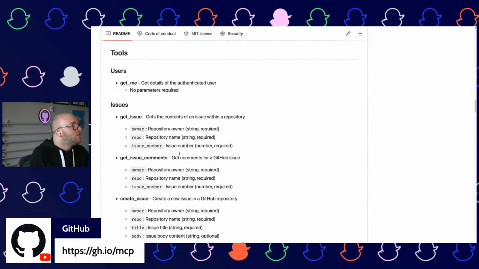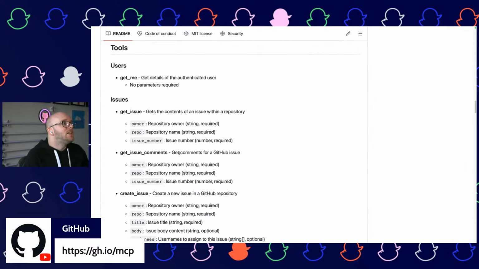And then if we scroll down, you'll see that there's then a number of tools that can be called. So think about these MCPs as kind of like a wrapper around the API. So if an agent is trying to perform a task, it has a set of tools that it can go and call, that it can go and use. And these tools have some kind of description against them to help the agent decide, is this the right tool for the job? Is this the tool that I want to call in this instance?